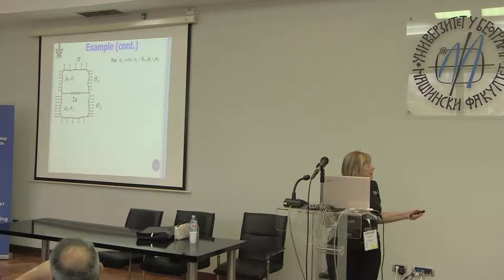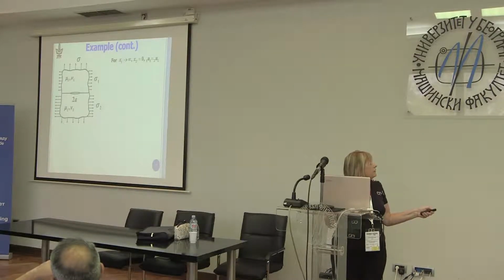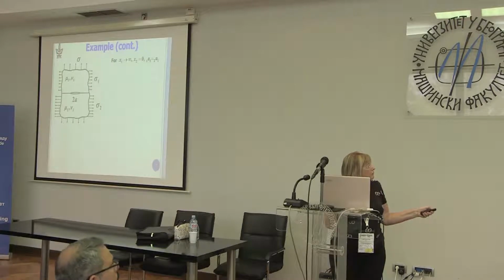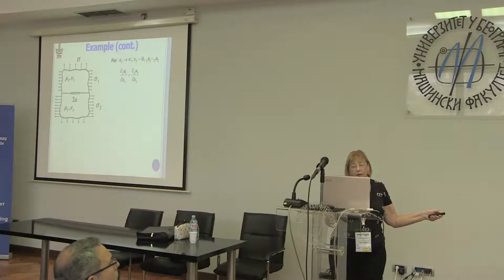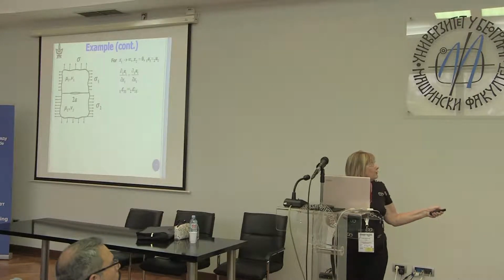Okay, so when x1 goes to infinity and x2 is equal to 0, I don't have any axes. What I mean is, when we're along the interface going to infinity in that way, and we want U1 of the upper material to be equal to U2 of the lower material, we then write a derivative of them in the x1 direction, they also have to be equal, and so therefore the strains have to be equal. The strain epsilon 1,1 along the interface has to equal epsilon 1,1 coming from the limit from the lower